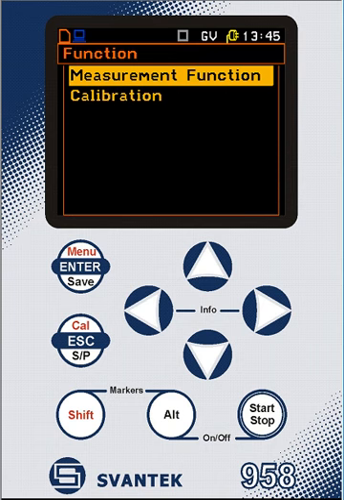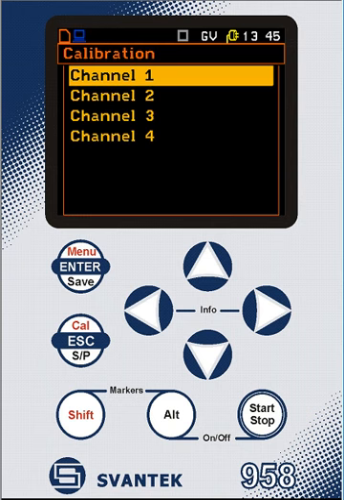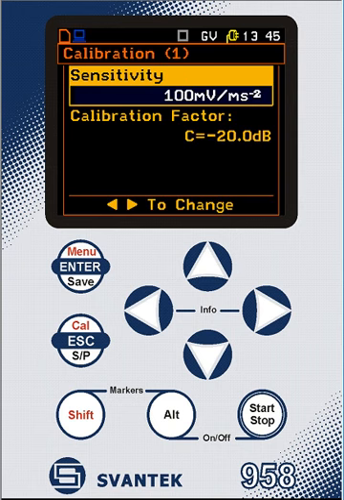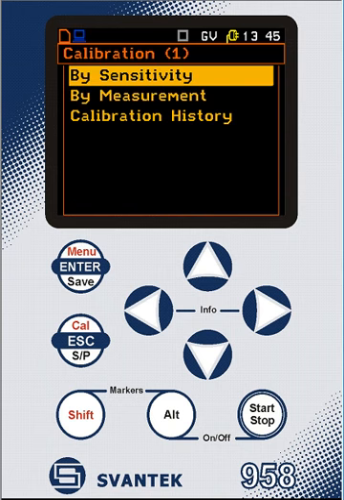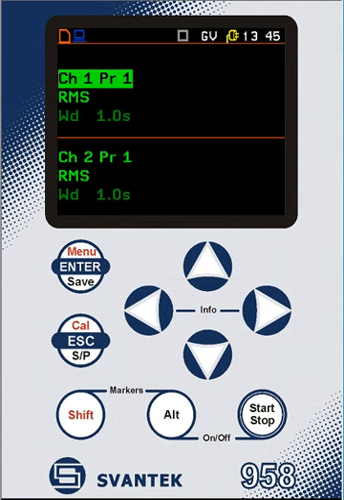While in the main menu, you obviously need to set up your calibration. I'm going to be using an SV84 triaxial accelerometer, and this has a nominal sensitivity of 100 millivolts per meter per second squared. But you would put in the values here for the transducer that you're using. Just bear in mind that with an SV84, the calibration factor should be roughly minus 20 dB. It will obviously vary according to the individual sensitivity of the accelerometer. So now, with both the function selected and the calibration set up, we can go into the input menu